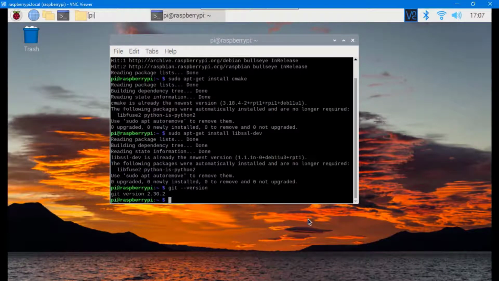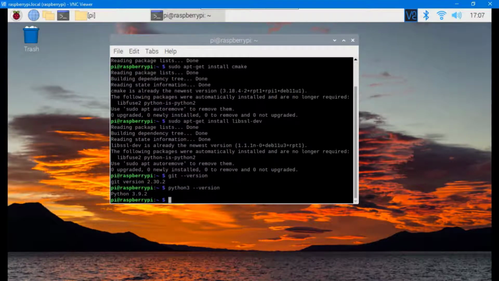So if you want to check, you can just type in python3 --version. If you have Python 3 installed, it's going to display the version of Python 3 that you have. And in case you do not have it, you can just type in sudo apt-get install python3. Note this is Python 3, not Python 2. So sudo apt-get install python3 is going to download